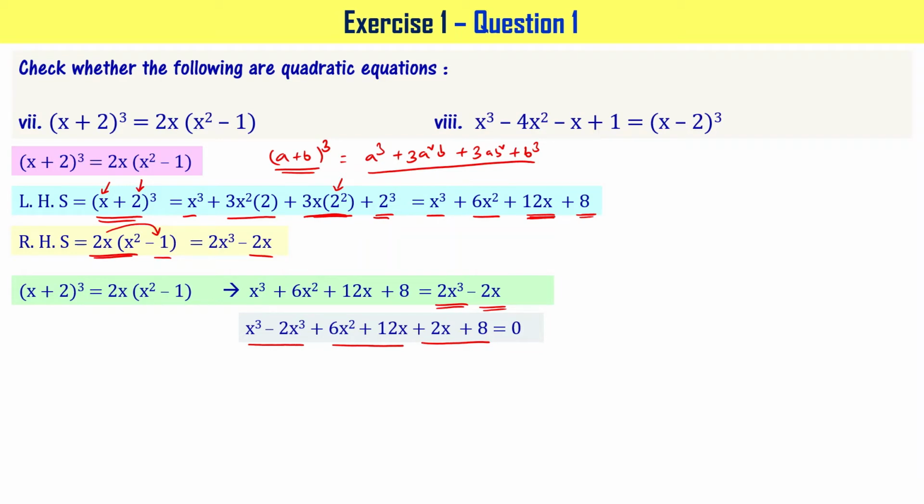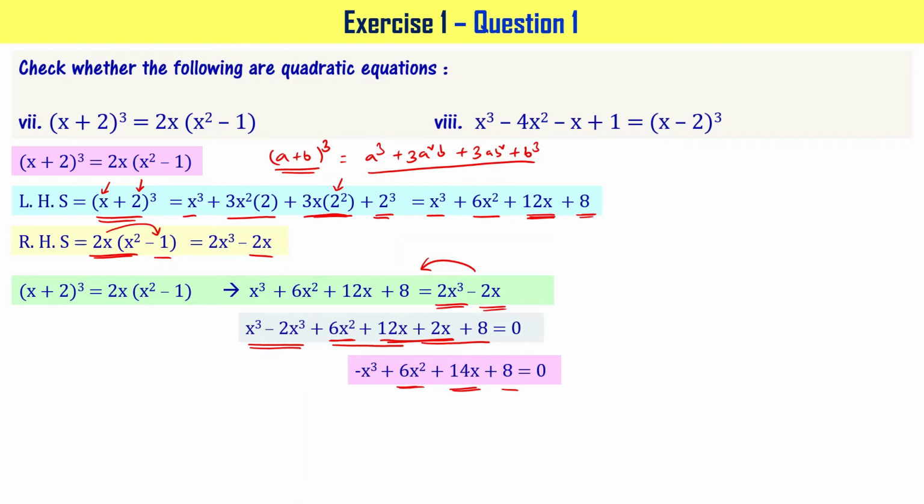Now let's look at this. x³ − 2x³ is going to be −x³, and for 6x² we don't have anything coming from this side. That's why 6x² is 6x², and you have now 12x + 2x, that is 14x + 8, right,